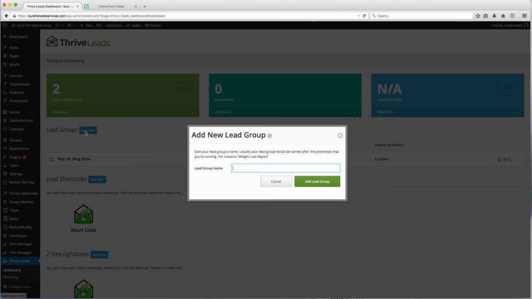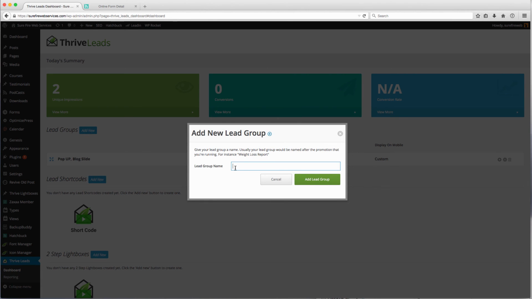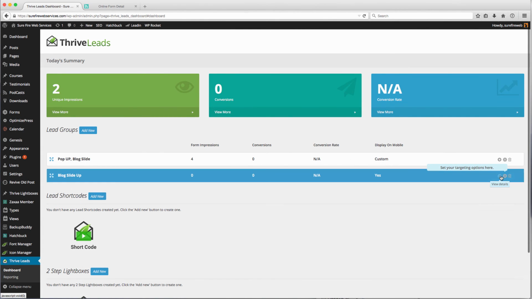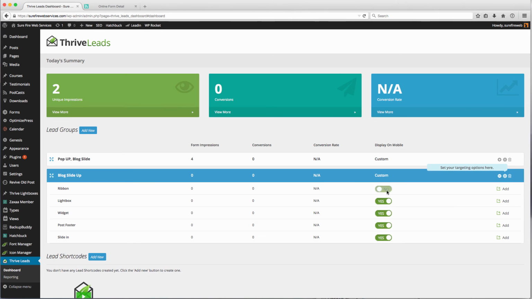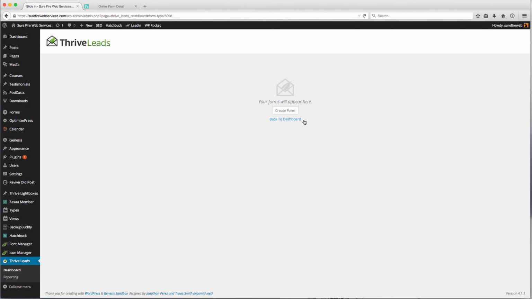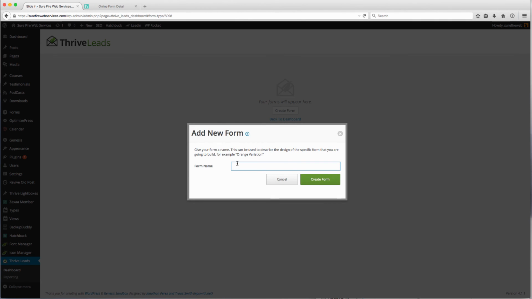But now let's see if we could reuse that form that we created, and we'll call this the blog slide up, right? I have the blog slide up. I want to... what is that? Post footer? No. Slide in. Let's add. Okay, so it doesn't look like it stores the forms, so it seems like you actually have to constantly create